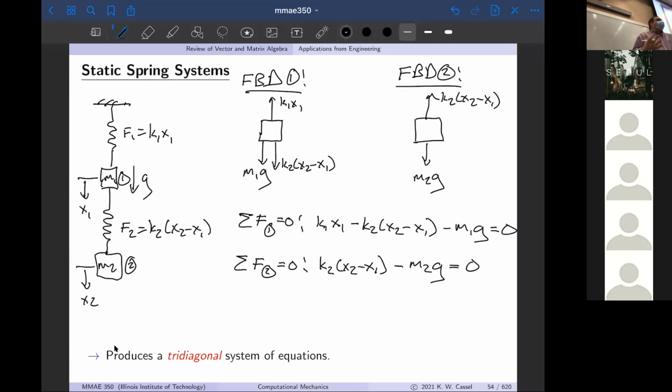So the way we normally write these equations, just like I did for the circuits problem, just like I did for the truss problem, we move the unknowns to the left-hand side and the knowns to the right. So I know M and G, because I know what planet I'm on, and I know what masses I bought at Home Depot. So I move those to the right. I don't know the X's, so I leave those on the left. So if I simplify these,